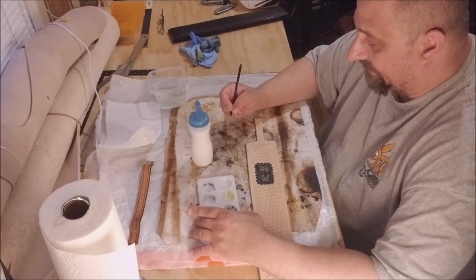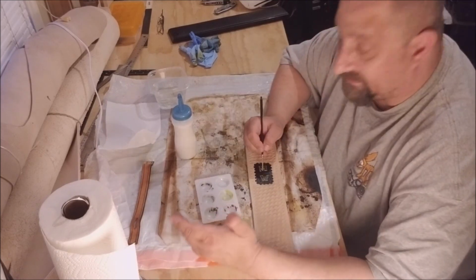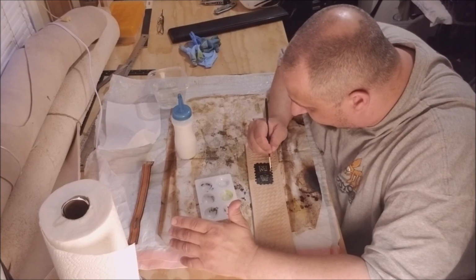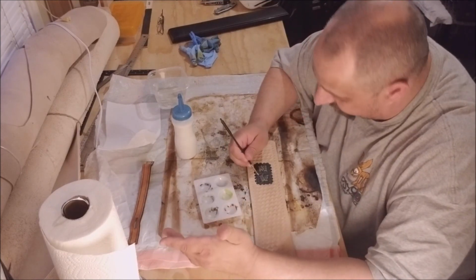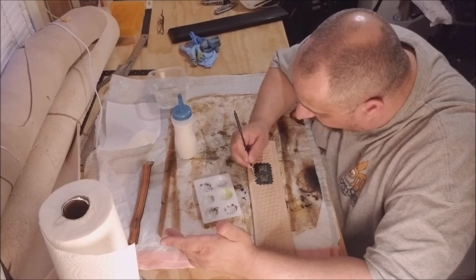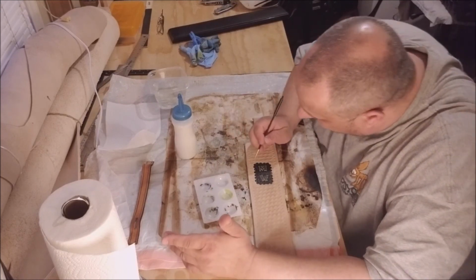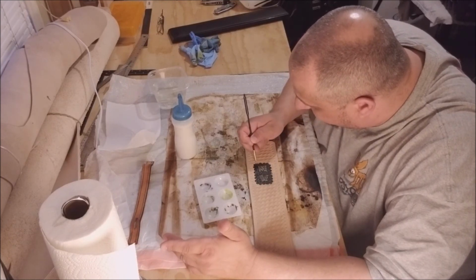So I'm just going to let that kind of soak in and dry a little bit, and we'll see what happens. Now this is that second layer I was talking about, so I'm just going to go in and put that in. I can definitely tell it's doing something. It's putting a protective membrane on it, which is exactly what it's supposed to do, so that the antiquing doesn't affect it. I want this to really stick out compared to the antiquing. I want the antiquing to do its job across the...